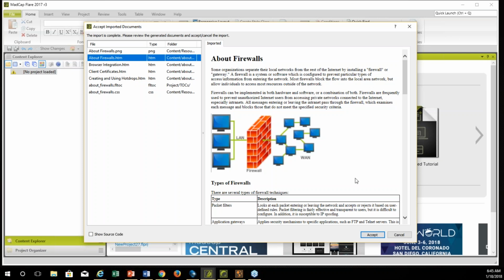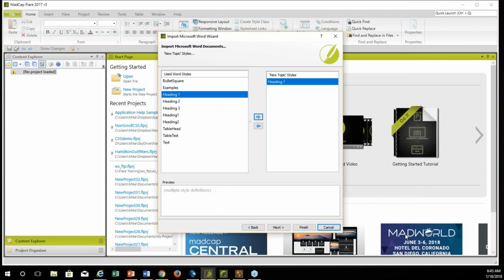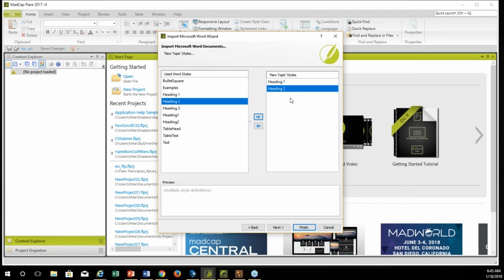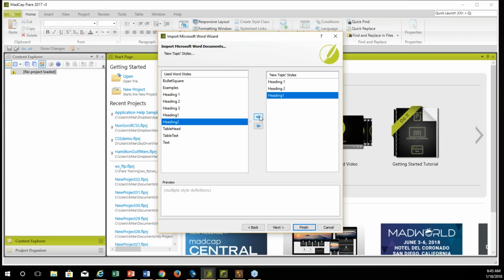If I'm not happy, I'll click the Cancel button. That will take me right back to the import settings. And this time I'll say, well, let's go down to the heading 2 style as well. That will give me smaller topics. And then I remember, oh yeah, I have that silly marketing document in there. They have a different heading 1 and a different heading 2. So I'll move those 2 styles over as well. Now, you can iterate 3 or 4 times if necessary. I happen to know that those settings should be pretty good. So now if I click Finish,